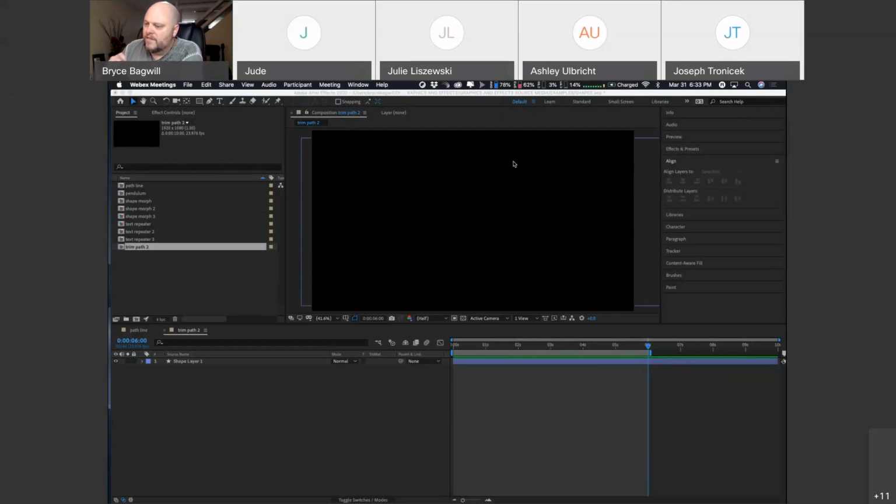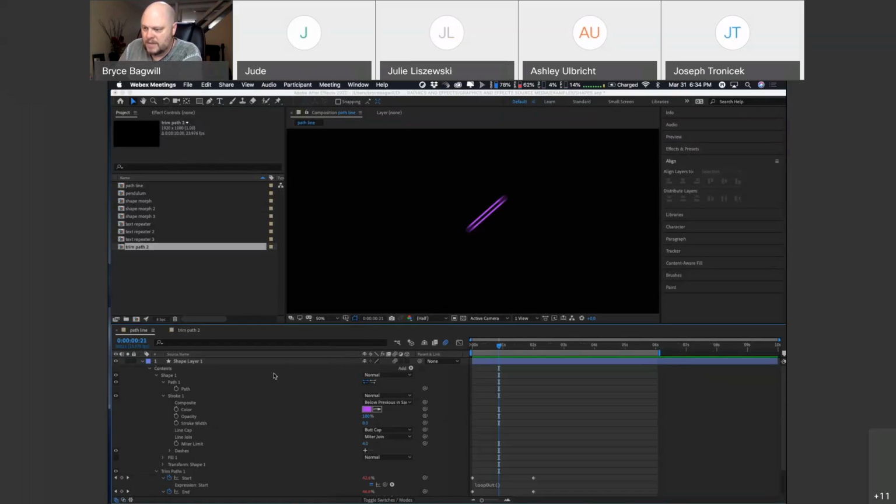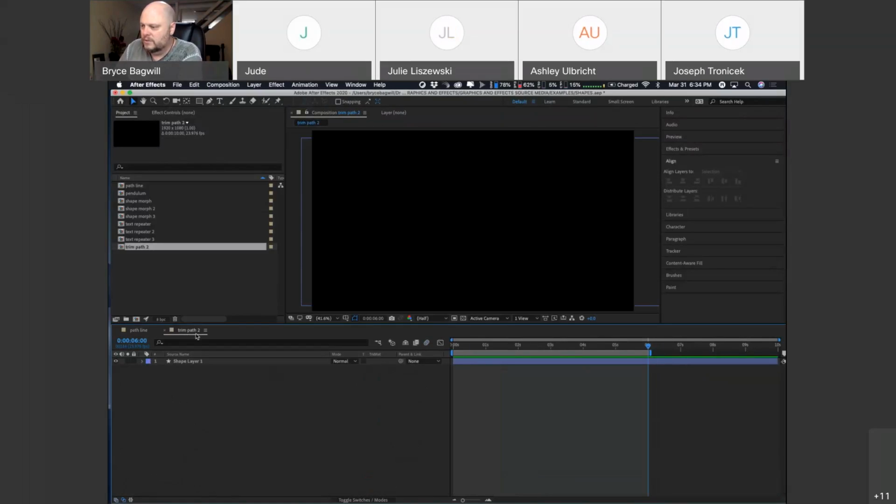Okay, so our final example to go with our examples from last week in the shapes and text animator sort of qualities, we are going to do a trim path trick. All right. So what we're going to do is I'm going to show you how to create with only two keyframes